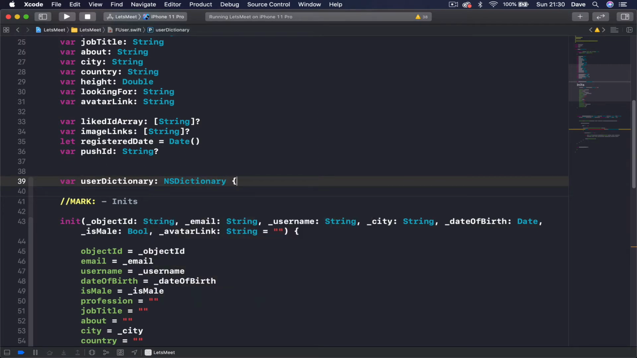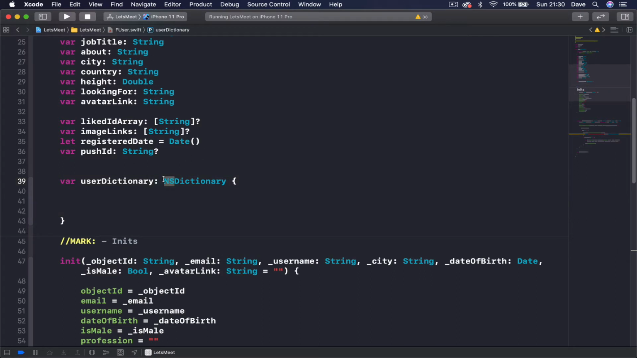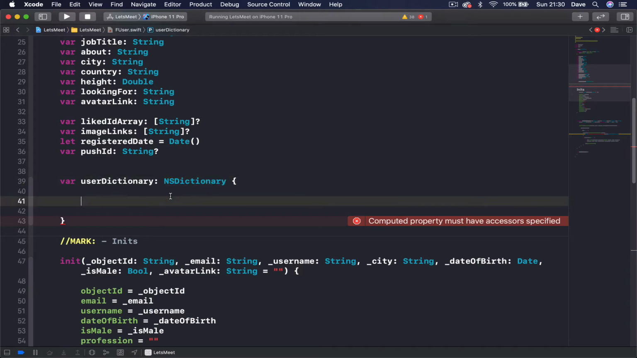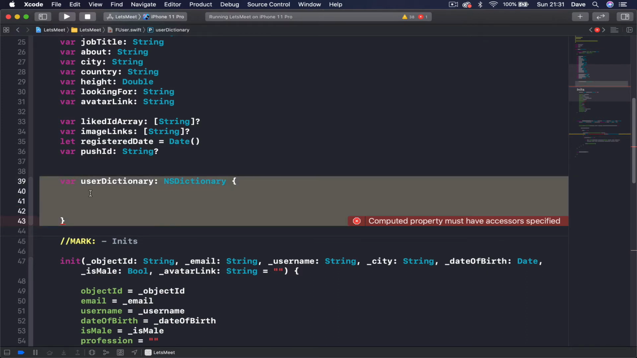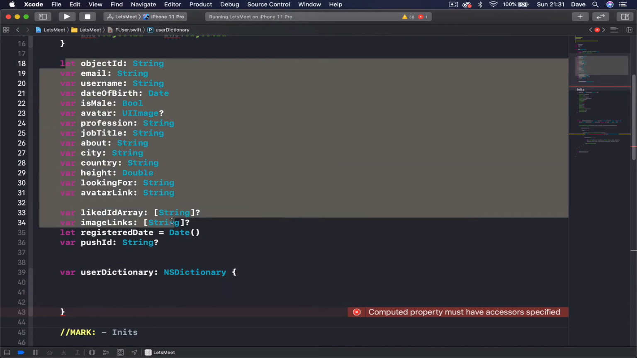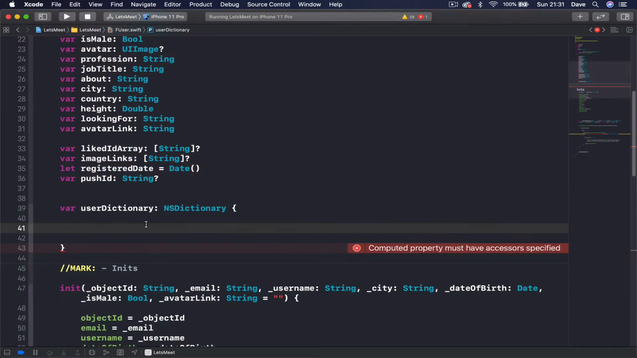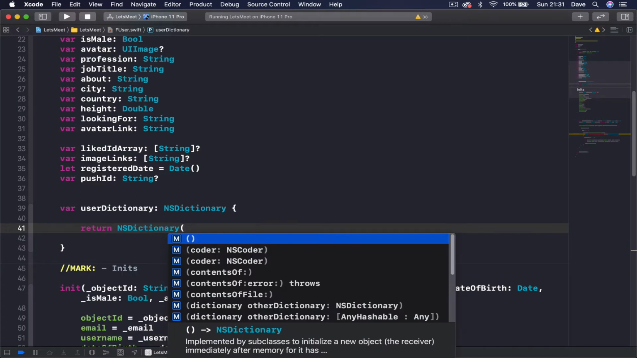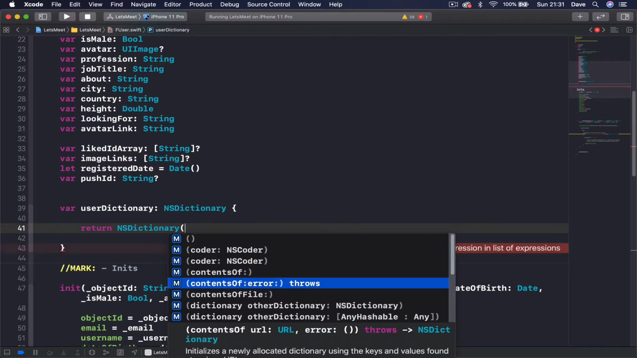And the reason I'm using NSDictionary and not Dictionary, NS is from Objective-C, is because they are actually the same thing. Both of them are dictionaries, but NSDictionary has one handy function that will allow us to write nice clean code here. So this variable is going to provide us a dictionary which will contain all these key values of the remaining variables. So let's say return, because here we are promising that we are going to return an NSDictionary. So I'm going to say return NSDictionary, and I'm going to initialize one with objects